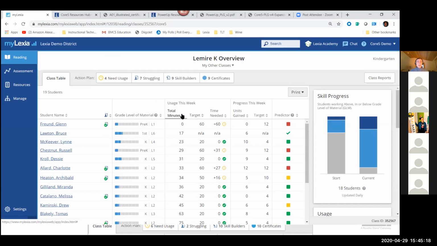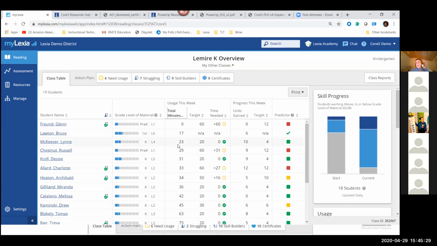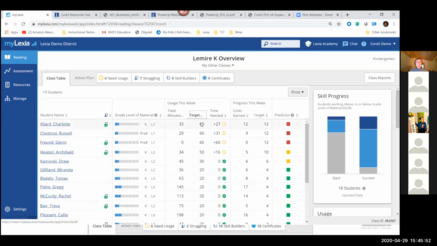So if I sorted on total minutes, I've got some students who have worked 0 minutes and some students who have 198 minutes. Now, one of the things that we've found about students working at home, lots of things can happen, right? But sometimes they can have overuse. The highest target number of minutes, and we talked about this on Friday, for our kindergarten through 3rd graders is 60. So if I sort on target, I can see that I've got 3 students who have a target of 60